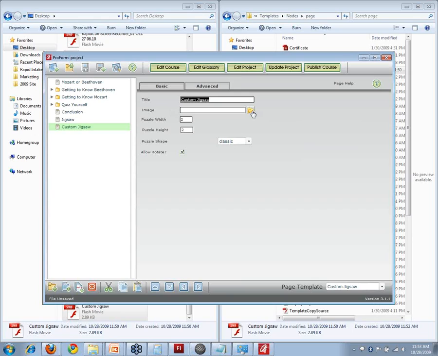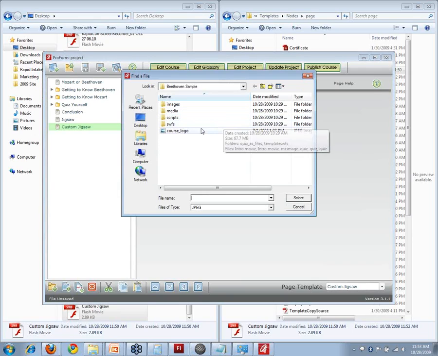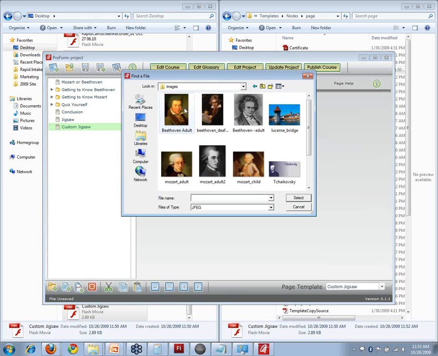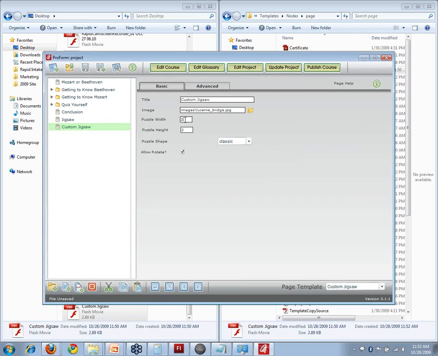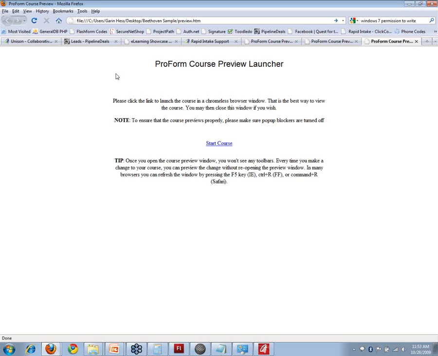And now we need to browse for an image. So we'll just come in here and choose the bridge. Notice it picked up our default settings, right? 2 and 2. And then we can choose from one of the shapes. We'll leave it at classic, allow rotate. We hit save. Now, if I preview it,